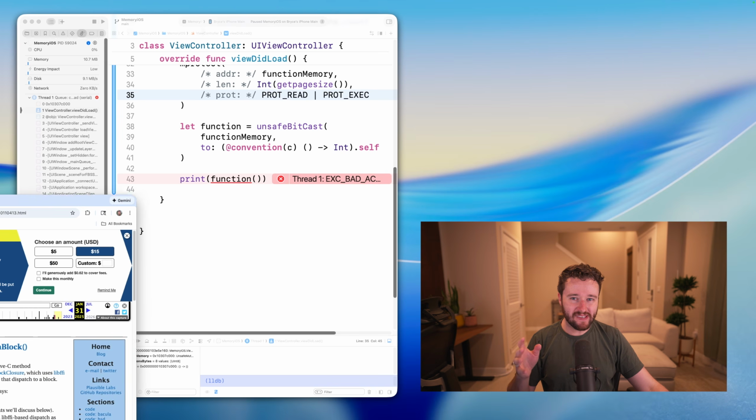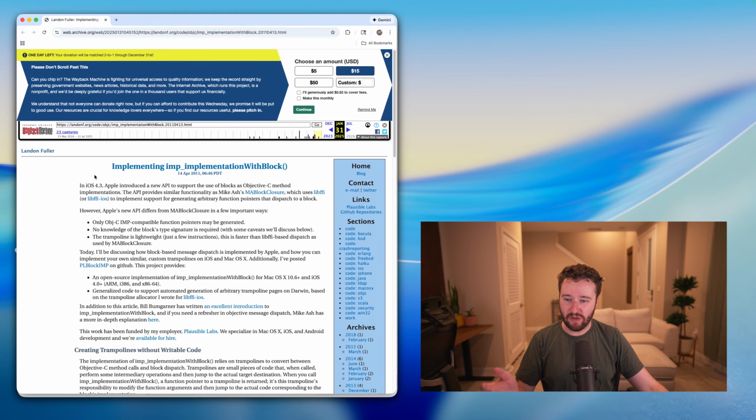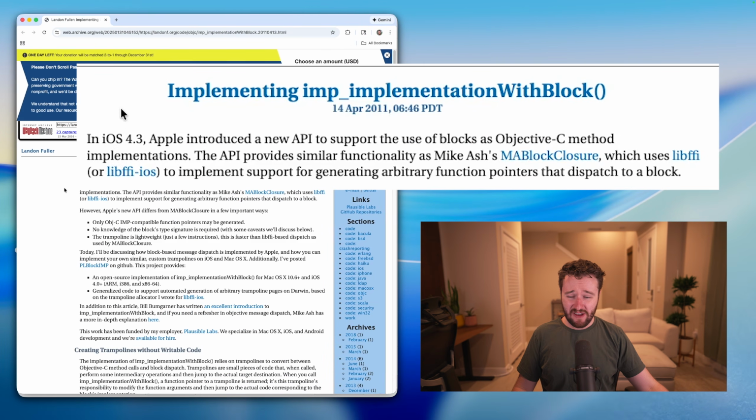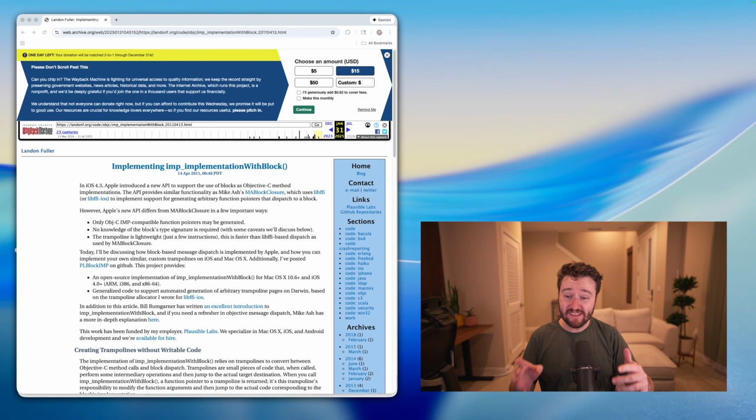I first learned about this kind of strategy from Landon Fuller's blog, where he wrote an article 15 years ago. God, I think I remember reading this when it came out. Am I getting old? Anyways, it was about a new Objective-C feature that Apple had added in iOS 4. Apple had a surprisingly similar use case involving trampolines to move around argument registers, and they solved it a different way. The trick back then was that even though you couldn't create new code at runtime, you could remap existing